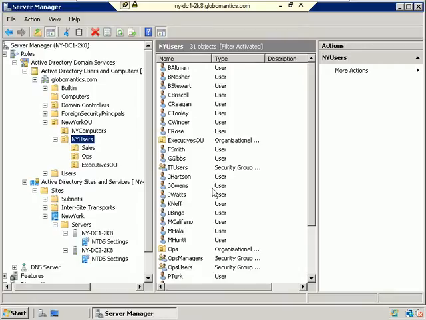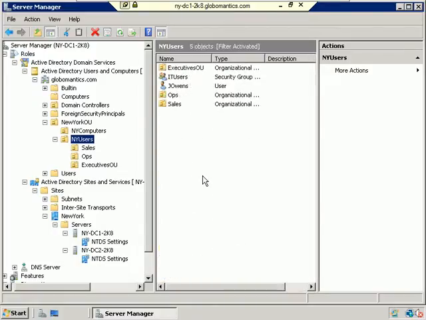And basically rinse and repeat until I have all of these users where they should be. So while I'm doing that, I'm going to pause the video. You go take a break, and I'll be right back. All right, so here we are again, and you see that I have simplified and rearranged stuff quite a lot,